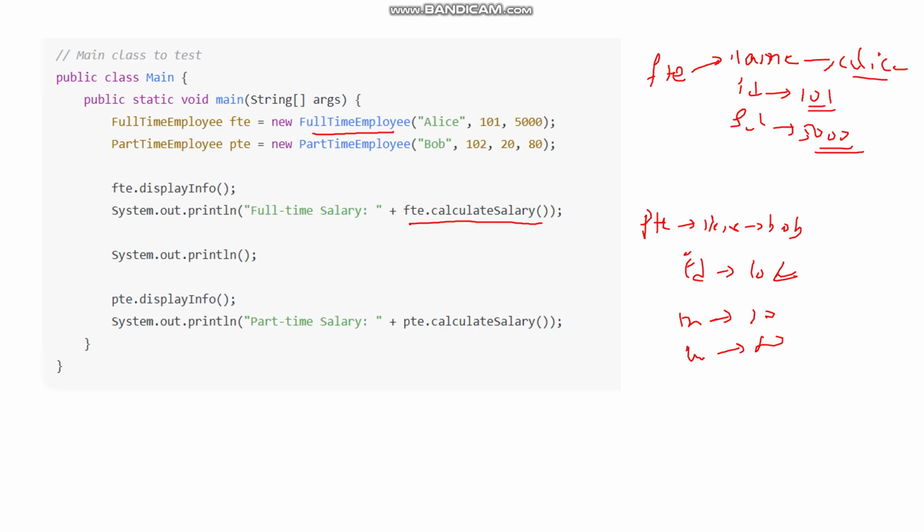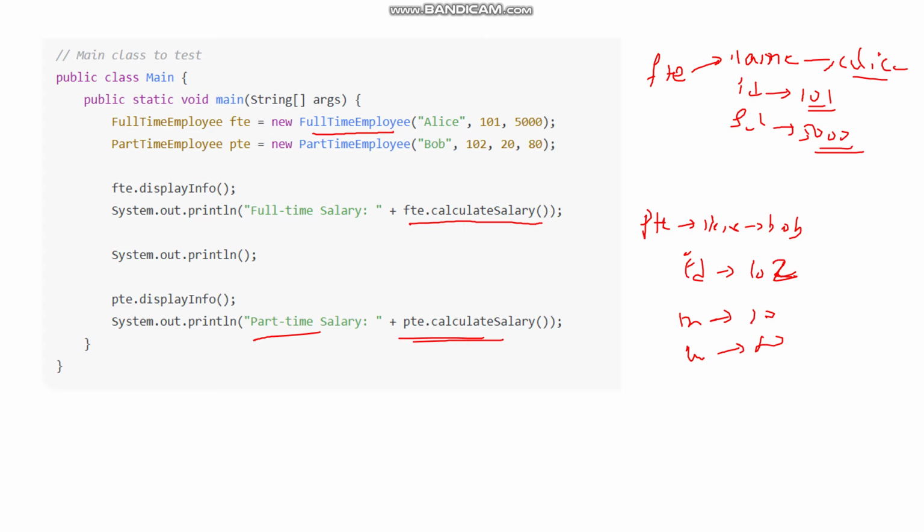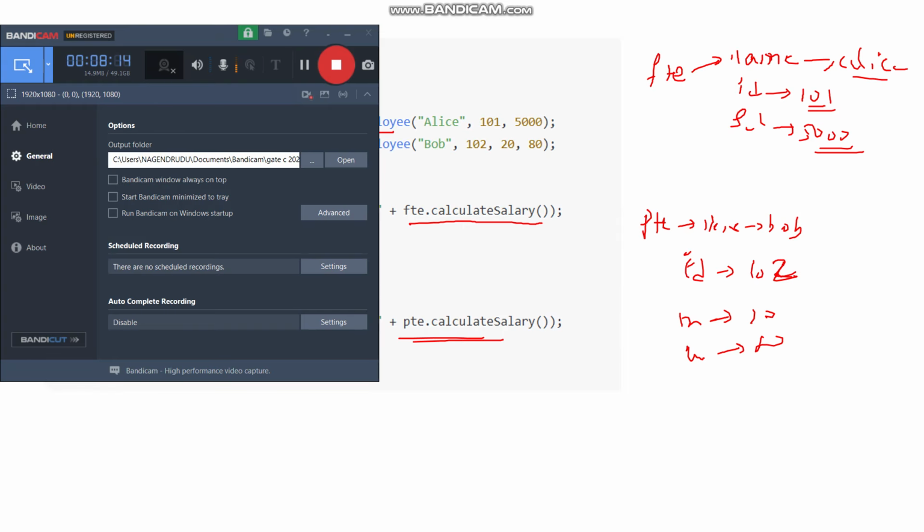After that, System.out.println moves the control to the next line. After that, pt.displayInformation displays the information: the name is Bob and the ID value is 102. After that, System.out.println part-time employee salary pt.calculateSalary. From the salary point of view, we return hourly rate times hours worked, 20 times 80. The value is 1600, and that will be displayed. Okay, this is about the data of the